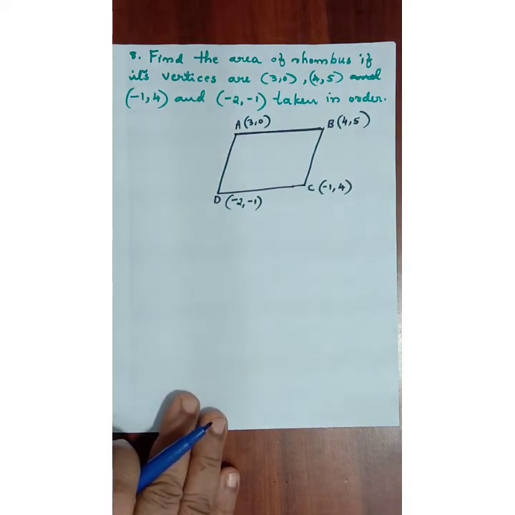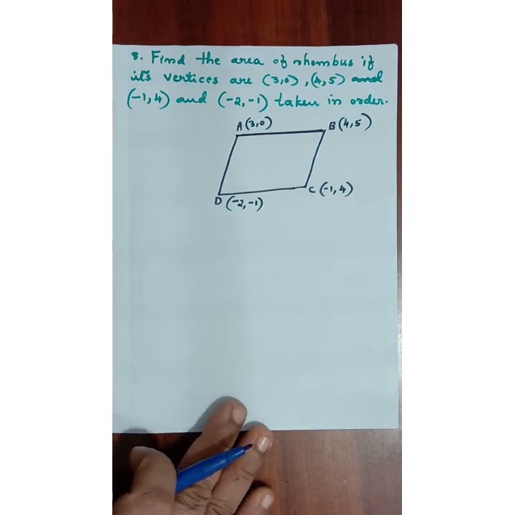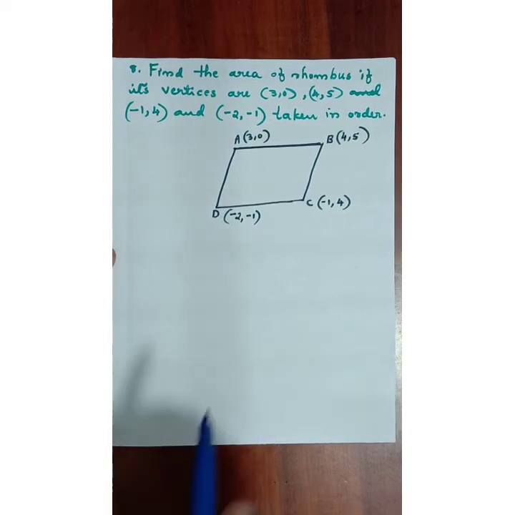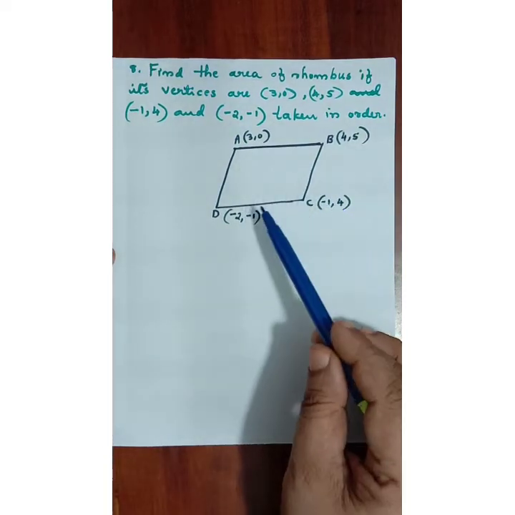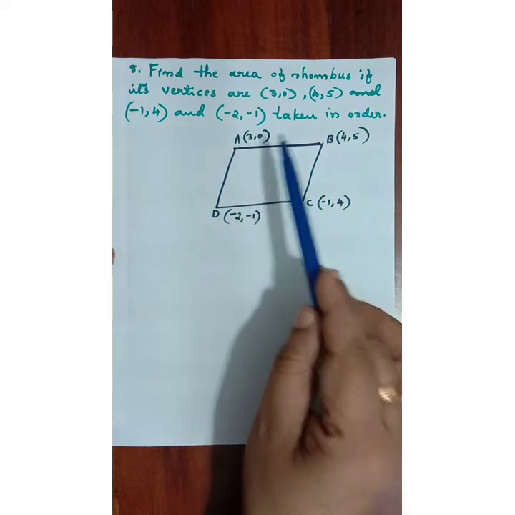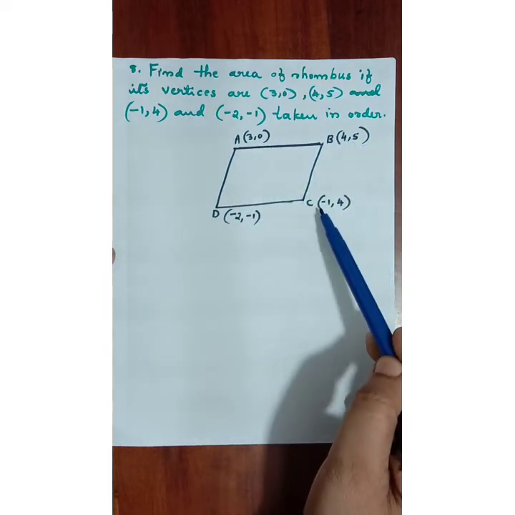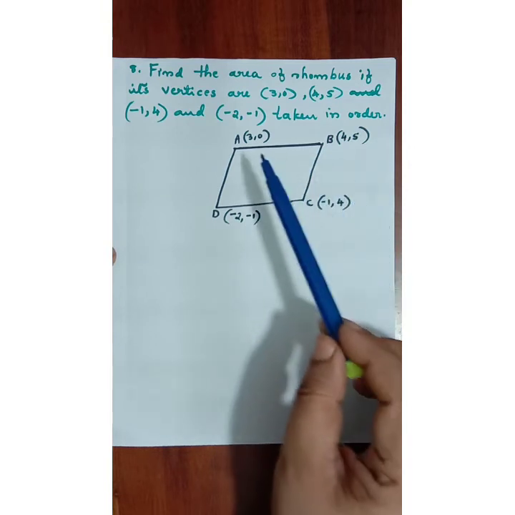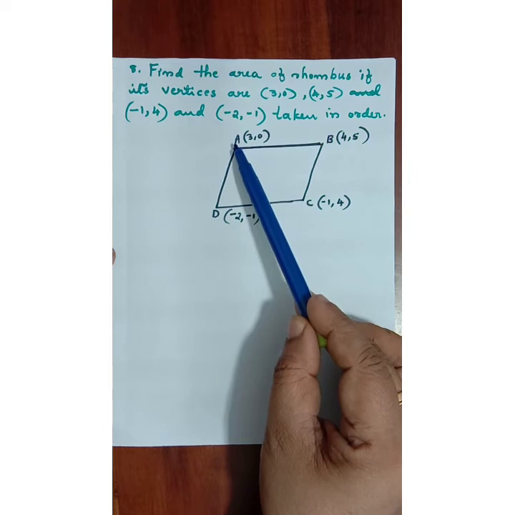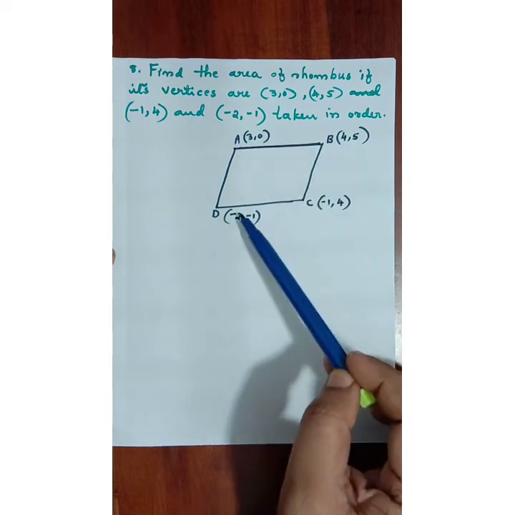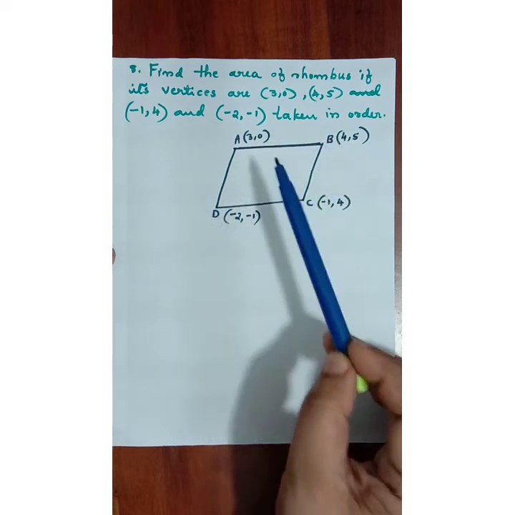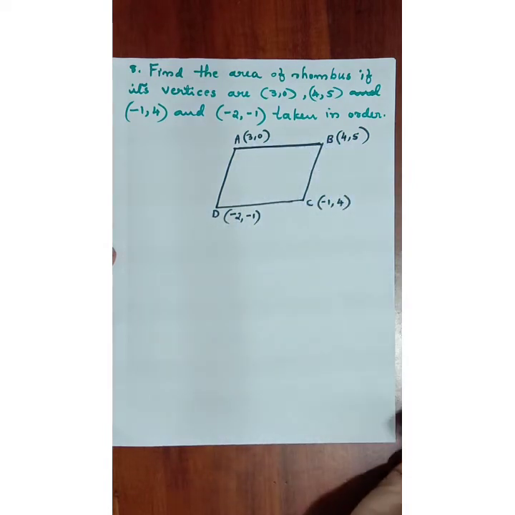Next class we will be doing example questions. Just see the 8th question, very simple. Already you have learned it in 9th standard. Find the area of the rhombus if its vertices are (3, 0), (4, 5), (-1, 4), (-2, -1). Only one thing you have to be careful about: arrange in proper order. Where we started our A, move in a clockwise or anti-clockwise direction: A, B, C, D. So in the proper order we have to give. So what is the area of this rhombus is the question.